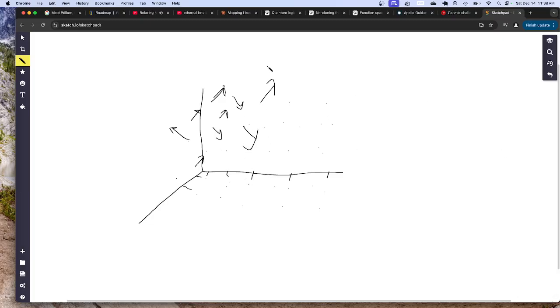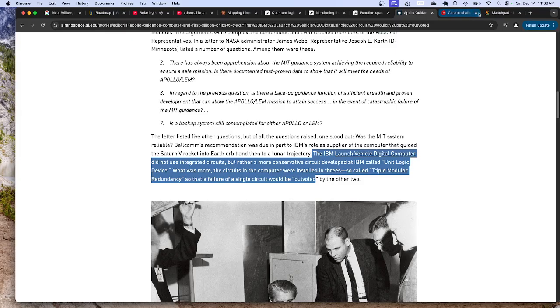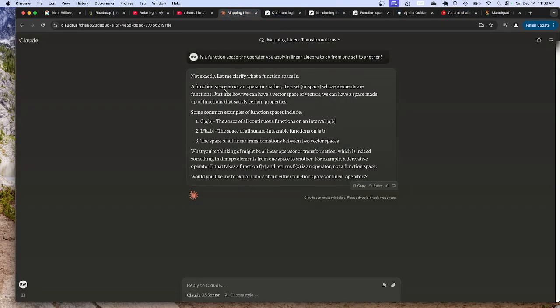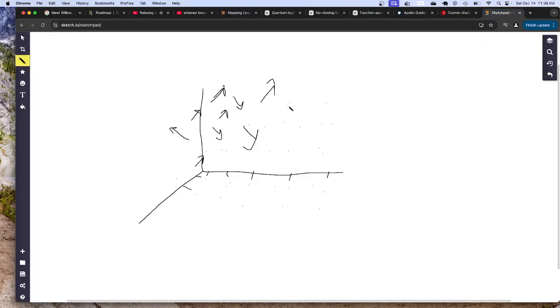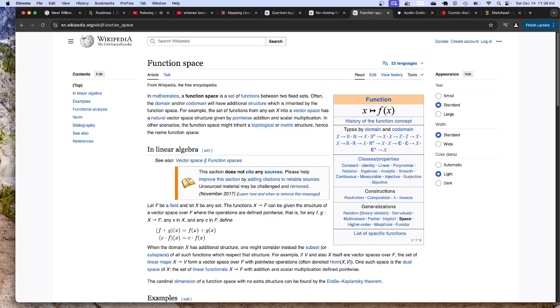So to go from one vector space to another, we multiply by a function set, right? Sorry, a function space. So it's just a space of functions. So like now each of these locations is a function. And we multiply by one set of vectors, we multiply by the functions, gives us another set of vectors. Cool. So that's a function space.